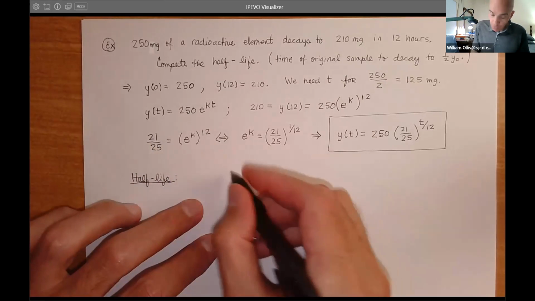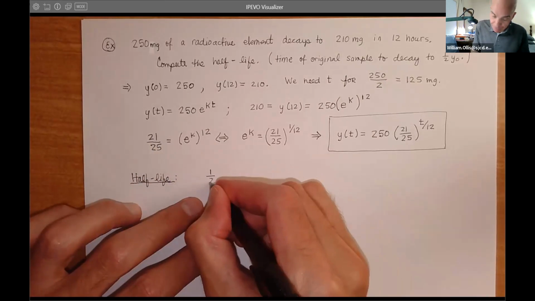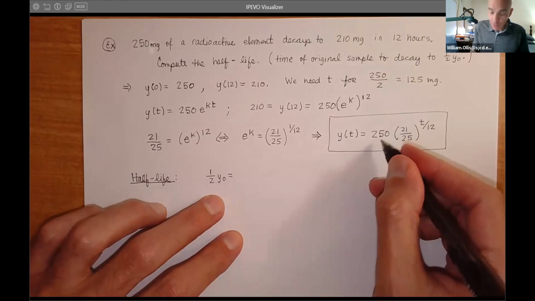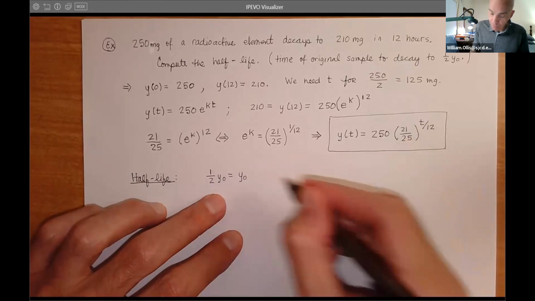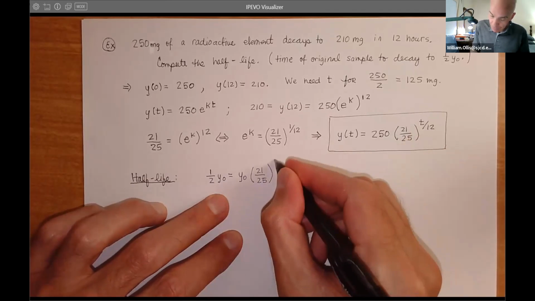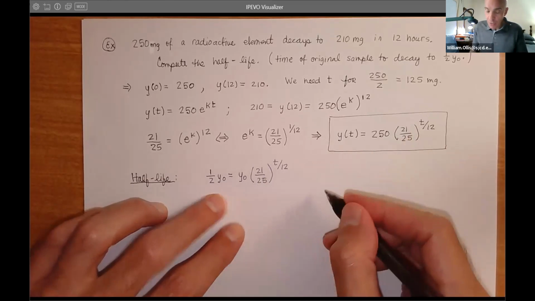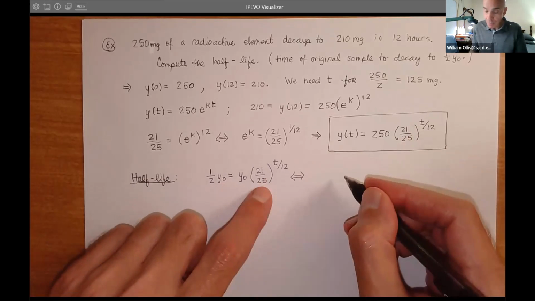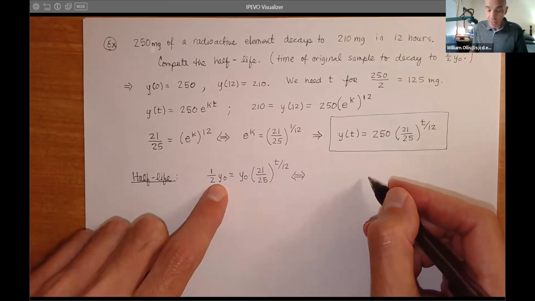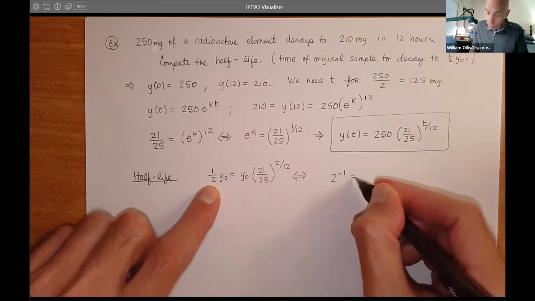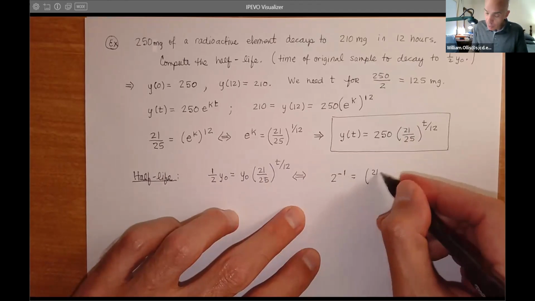So now half-life will just be 1/2 y sub 0 equals, and now I'll just replace 250 with y sub 0. No need to just leave it in the abstract. So now the y sub 0 is absorbed. So this is really where you could just say, I'll just set the power equal to 2 to the 1/2. So 1/2 is left over, and that's just 2 to the minus 1 equals 21 over 25